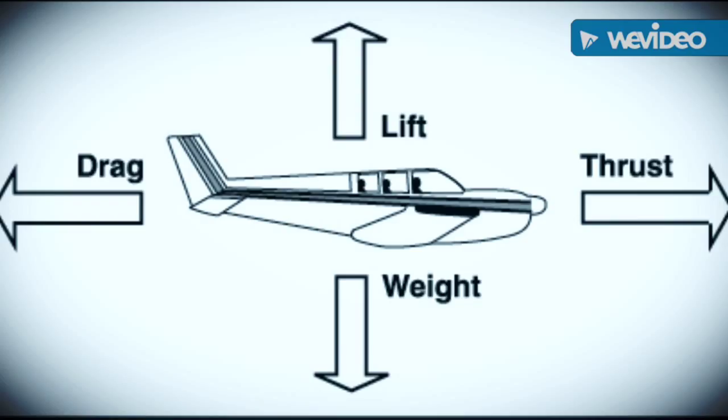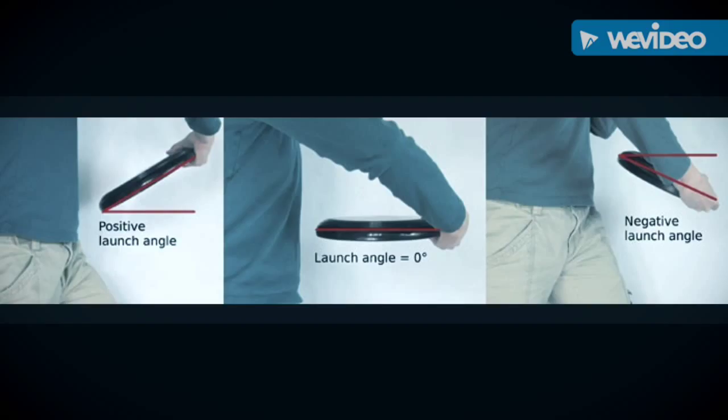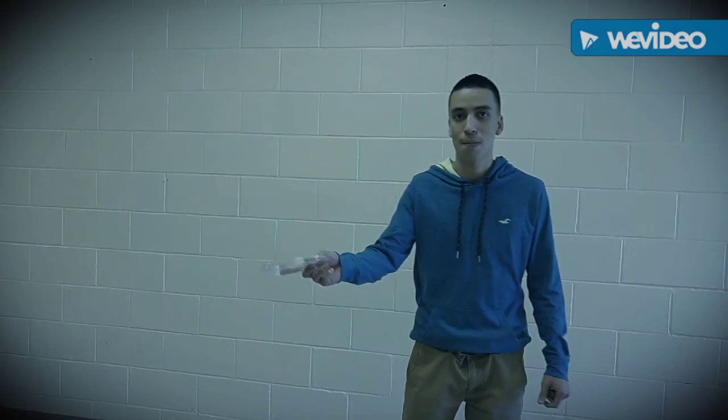Drag is a resistant force on the Frisbee, perpendicular to the lift, and it acts against the disc's movement through the air. The angle at which the Frisbee is thrown, aka the angle of attack, affects both lift and drag. To fly well, the Frisbee needs enough lift and not too much drag. We tested these launch angles to find out which of these angles provided the Frisbee with a higher overall distance.